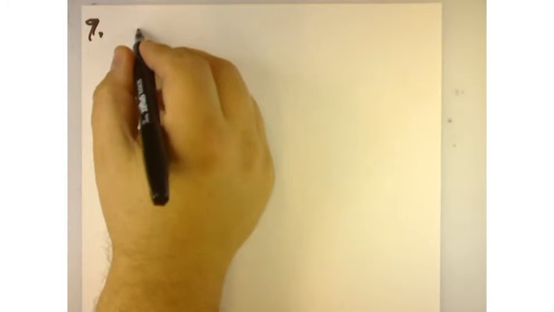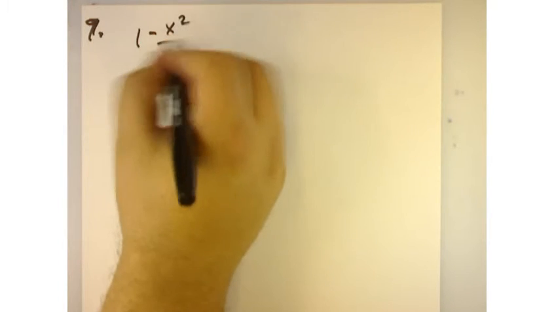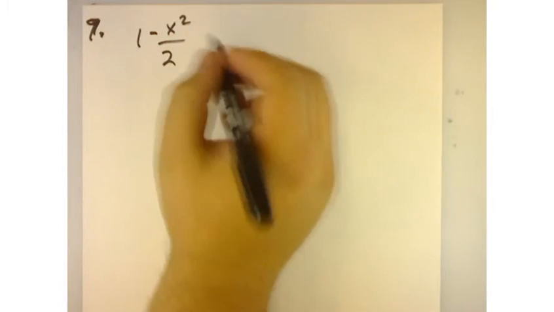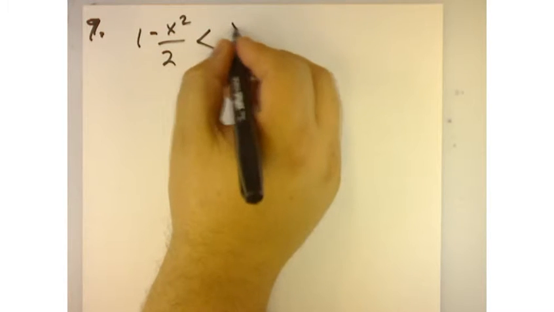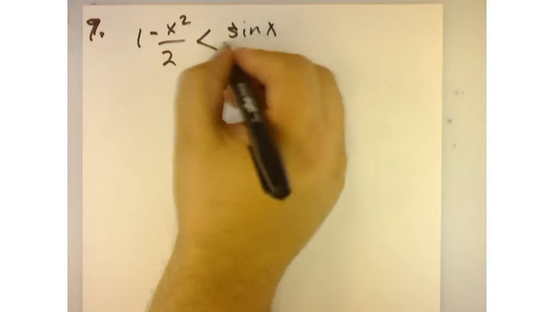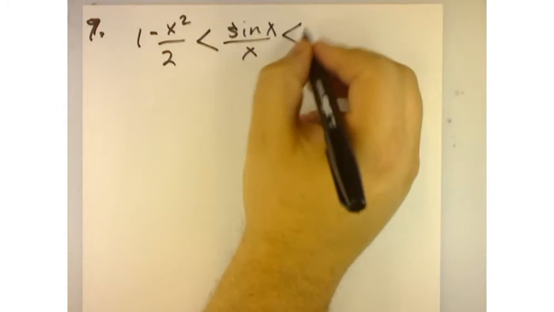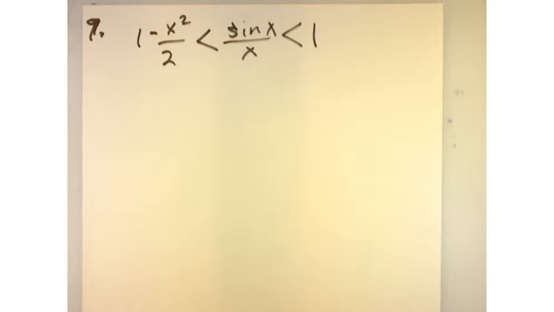No, 9. Let's do problem number 9. It says the inequality (1 minus x squared) all over 2 is less than sine of x over x is less than 1. Okay? This holds when x is measured in radians and x is less than 1. Find the limit